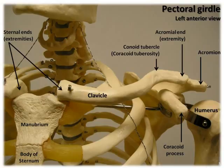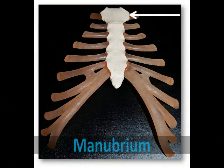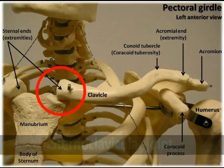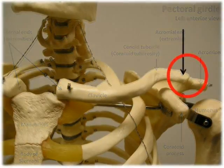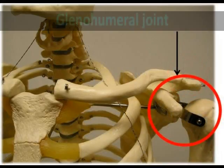The clavicle is the anterior bone of the pectoral girdle, and it articulates with the manubrium, which is the superior portion of the sternum, to form the sternoclavicular joint. The scapula is the posterior bone of the pectoral girdle, and it articulates with both the clavicle and the humerus. It articulates with the clavicle to form the acromioclavicular joint, and with the humerus to form the glenohumeral or shoulder